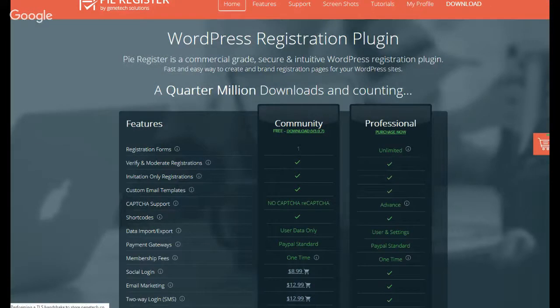Now, PyRegister is a plugin that helps you customize your registration page. The free version of the plugin allows you to do